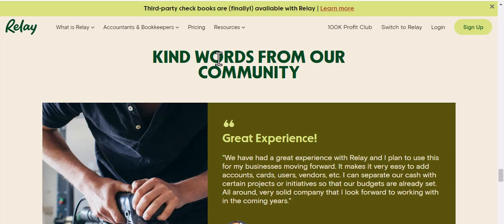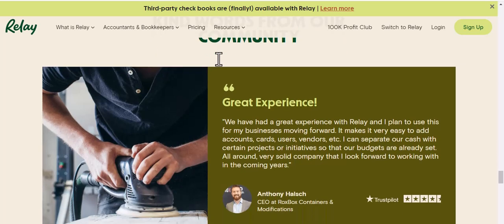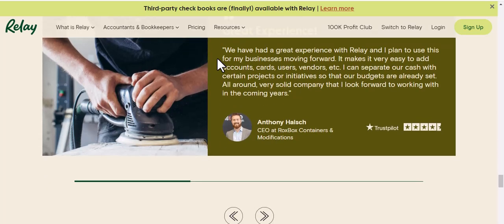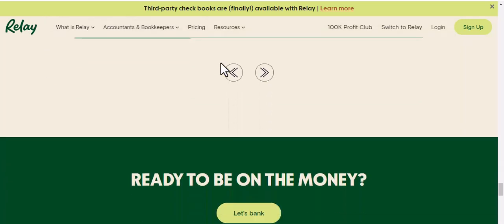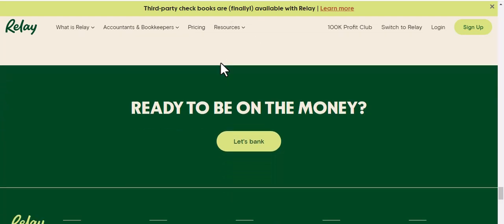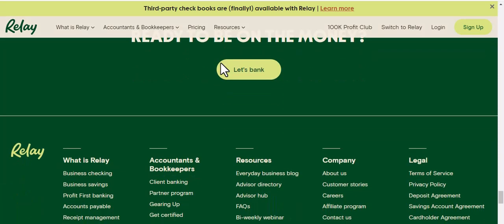Speaking of financial insights, the Relay app provides intuitive reporting capabilities. You can view your cash flow at a glance, track your income and expenses over time, and understand where your money is going. While not a full-fledged accounting software, Relay's reporting gives you a clear snapshot of your financial health. This data is essential for making informed business decisions, identifying areas for cost reduction, and